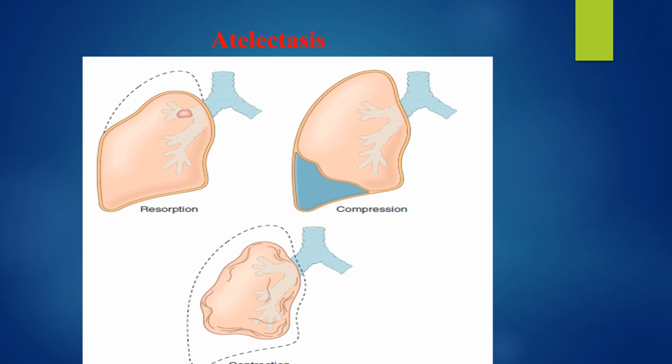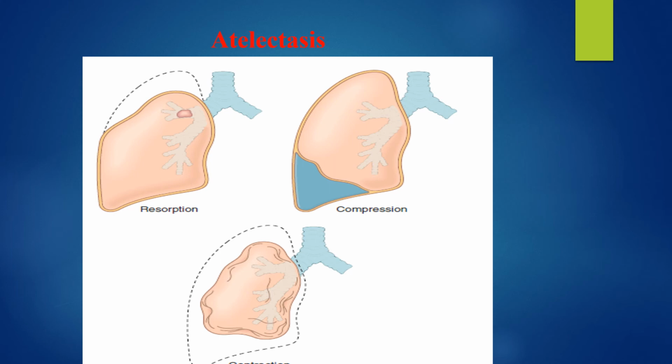The first, resorption atelectasis, develops as a result of blockage of the lumen of the bronchi by a foreign body, tumor tissue, thick sputum, or spasm, which makes it impossible for air to enter the alveoli. In this case, the air remaining here is resorbed and the lumen of the alveoli closes.